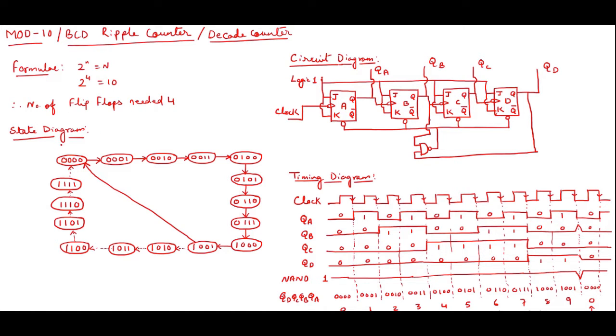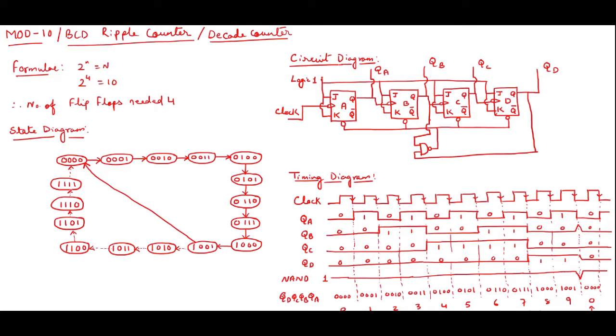Now I'm designing the state diagram for this. So 4 flip flops means 4 bits. So I'm starting over here. You can see 1 2 3 4, so 4 bits. If I start in this way, I'm going from 0 and through the state diagram coming back to 15, that is 16 states. But what I want is mod 10. That means from 0 to 9 I want, and after 9 again 0 should come. So that's why I've designed the state diagram over here. You can see it is coming till 9, and from 9 it is bouncing back to 0.